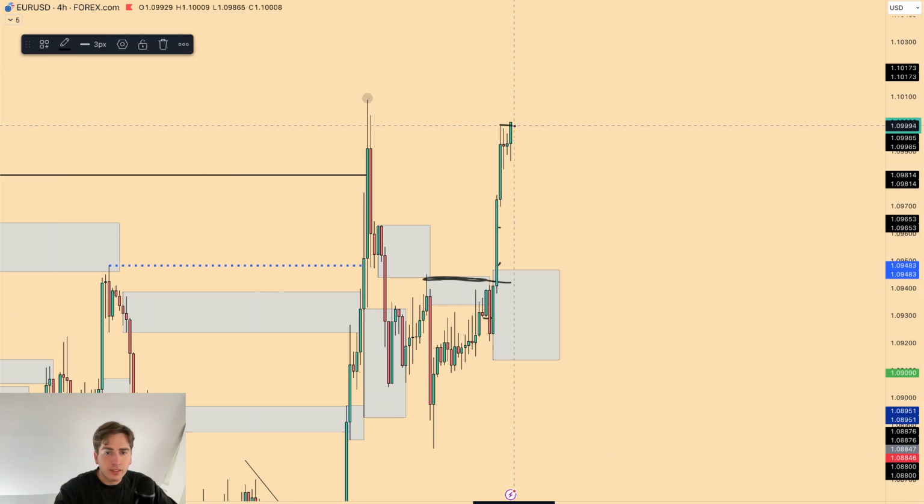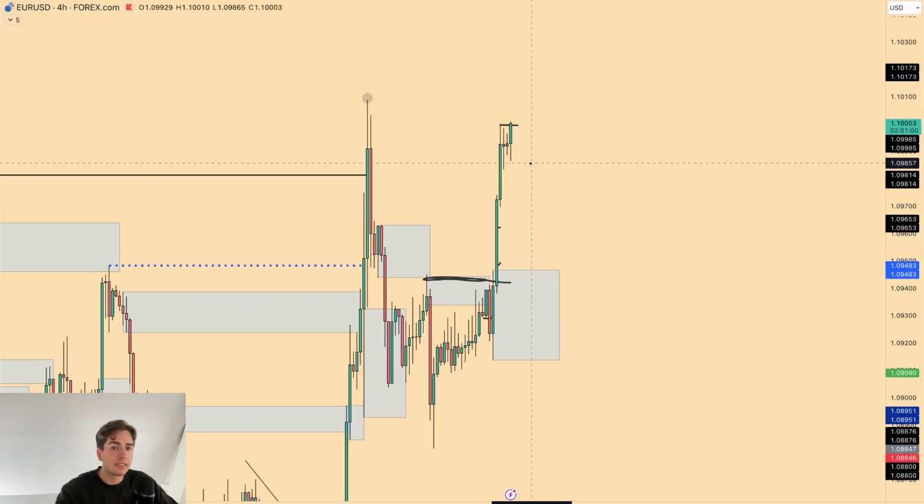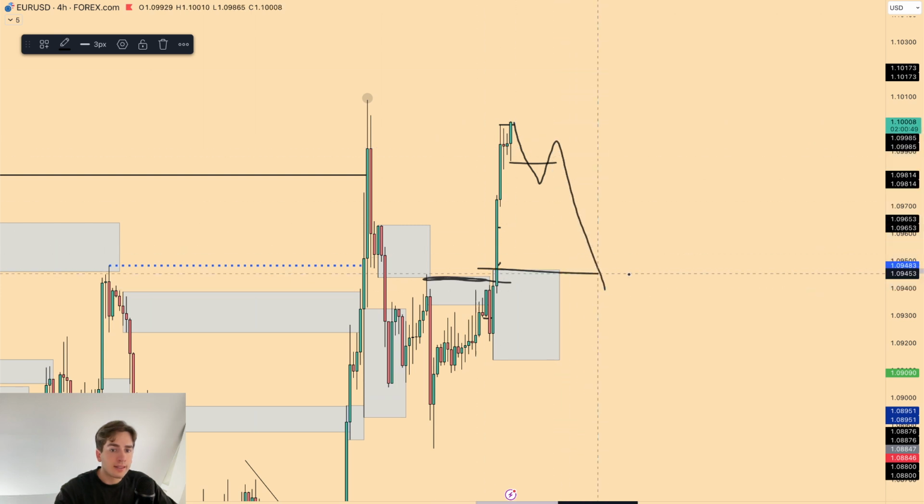Now we're breaking this fractal high over here, meaning that this over here is now your fractal low. So this low should now remain respected, should we see the overall bullish momentum sustain. If we take out this 4 hour fractal low in 2 hours time, because in 2 hours time, that's when the 4 hour candle closure is, then I would see something like this push back down in towards this demand